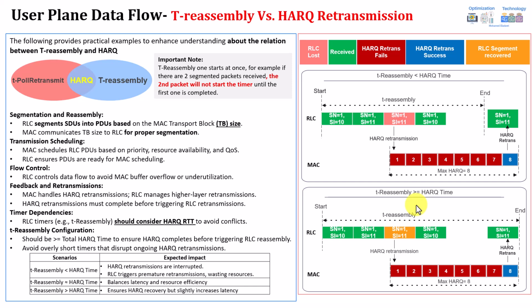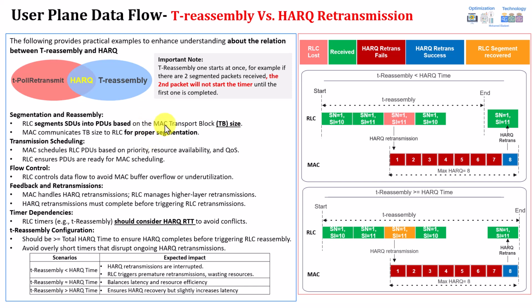And one important point to highlight is that this is for the AM mode. For the UM mode, for example, when you are using voice over NR or VoLTE, usually this timer is set to a very high value, because in the UM mode we don't have RLC retransmission. So voice over NR or VoLTE mainly relies on the HARQ transmission, so you need to ensure 100% that the HARQ is completed. Because if you don't, the timer will expire and this will be triggered as lost. It will be counted as a packet loss. That's why voice over NR, VoLTE, or even video services will have a longer time for that one compared to data, because there is no chance of a retransmission at the receiver.